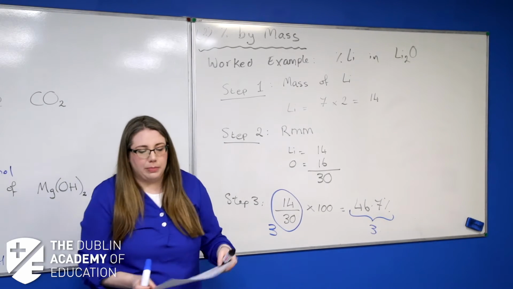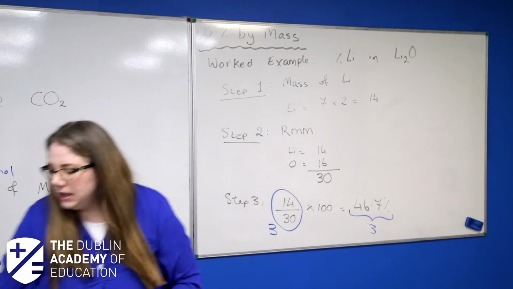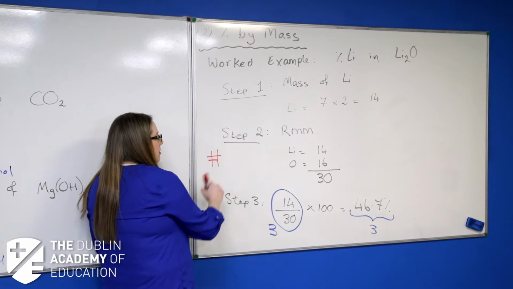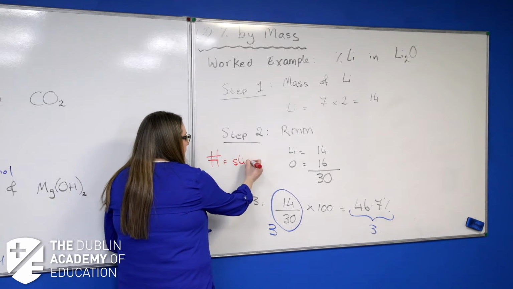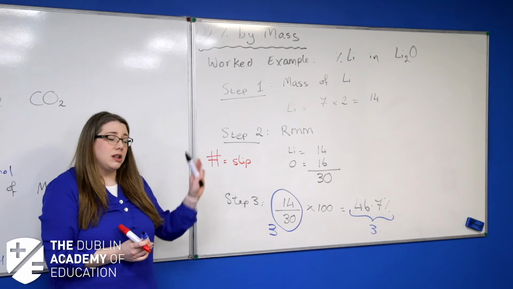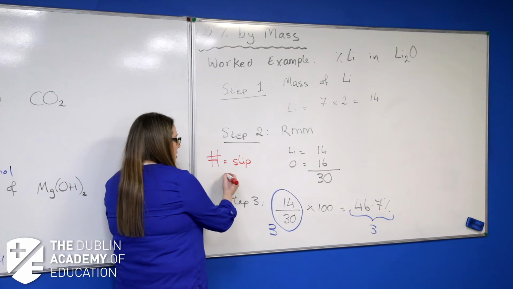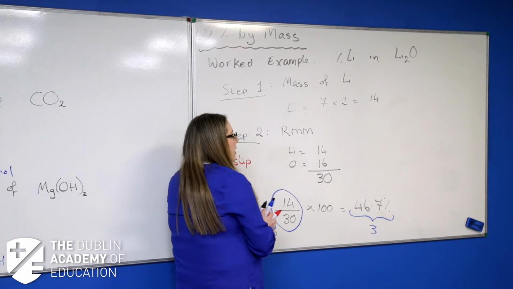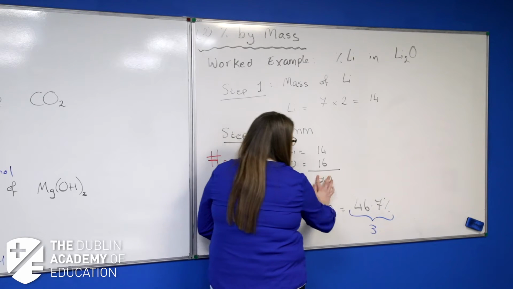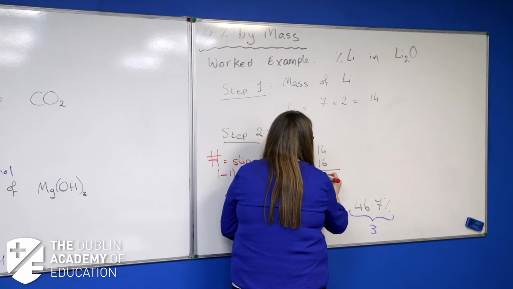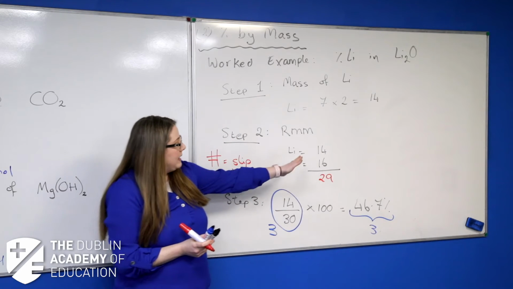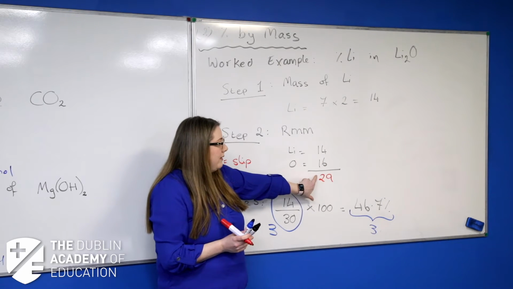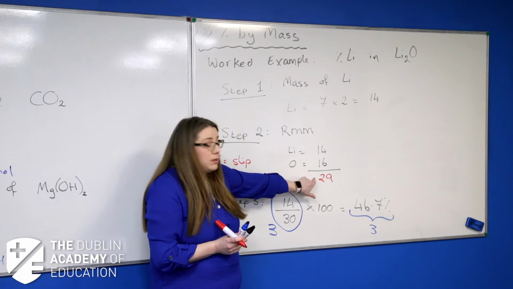Now, let's talk about a slip. There's something in an exam called a slip, and if you get your paper back and it has that symbol on it, that means you've made a very minor calculation error somewhere, and that will cost you 1 mark. So if here, when I was adding 14 and 16 together, instead, if I had gotten 29, it's the wrong answer, but your examiner can see that you had the right number for lithium, the right number for oxygen, and then it was just a very minor error when you added them together. That's what a slip is.